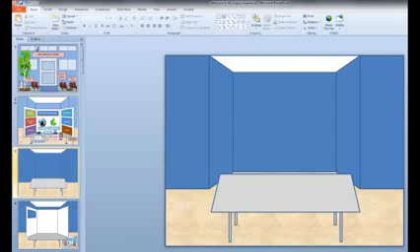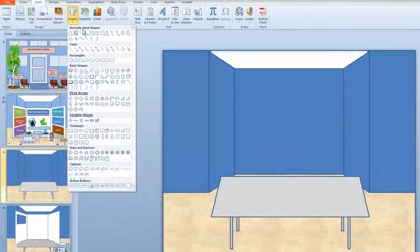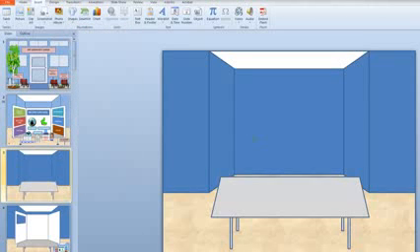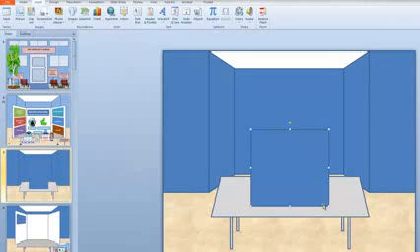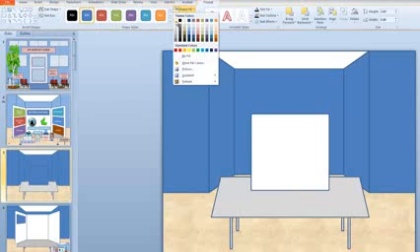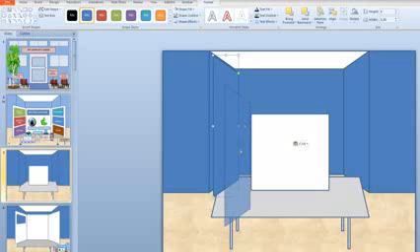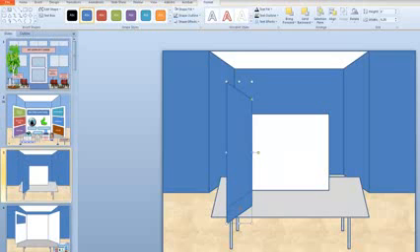Let's put a presentation board on our table by going to Insert, Shapes, Rectangle. Move it back a bit so we can use some of our tabletop. Format, Shape Fill White. And we'll use two trapezoids for the side panels. And rather than draw them from scratch, I see we have one in our virtual room, so we'll copy and paste that. Bring that down. And let's size it up here to